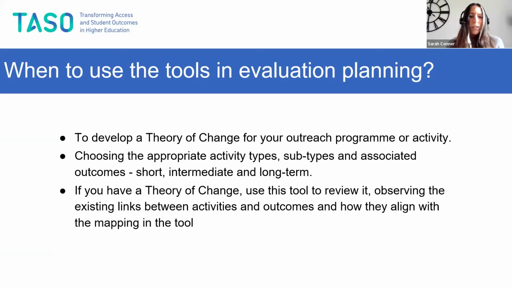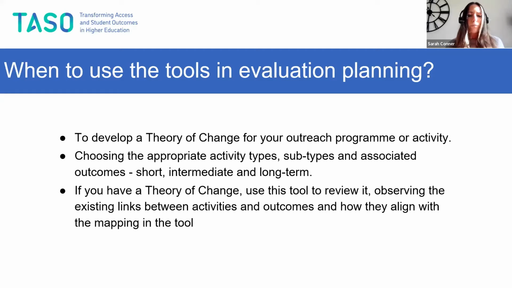So Rain alluded to this in her earlier slides, that ideally you'd use this to develop a theory of change for your outreach program or activity. So when you're populating a theory of change, you choose the appropriate activity types and subtypes, as well as the associated short, intermediate, and long-term outcomes based on our mapping, to populate that theory of change and start that journey